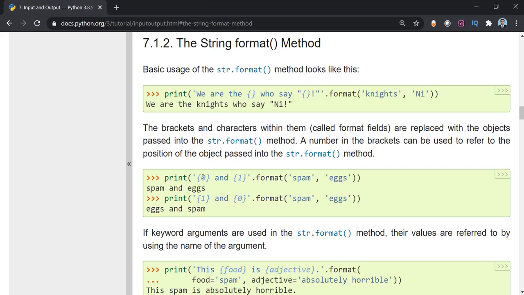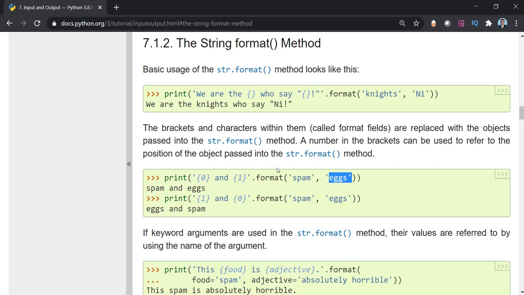So they are providing one more method. What they are asking is, just inside the curly brackets where you want to put it, just put the numbers. Okay, and these numbers indicate the location of that particular object. Right now 0 indicates, inside this format method, whichever is the first argument will have position 0 and this will have position 1.